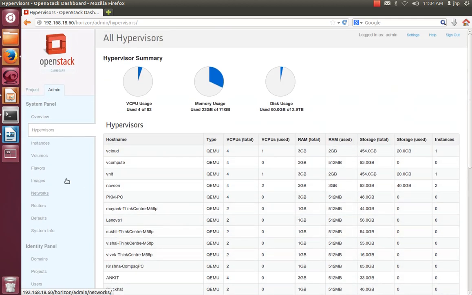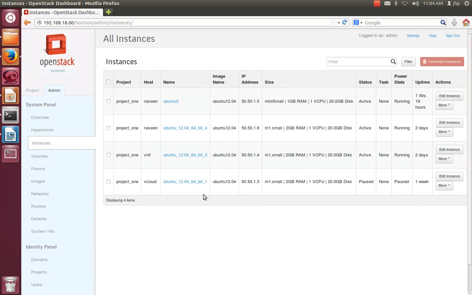Let's move ahead. It's instances. It gives the list of instances that are currently running. These are the names of the instances, the image from which these instances got booted, and the name of the host that is currently hosting them. Since we have created a network for these virtual machines, within the network these machines also get an IP address, and by using this IP address they can communicate with each other. And of course,